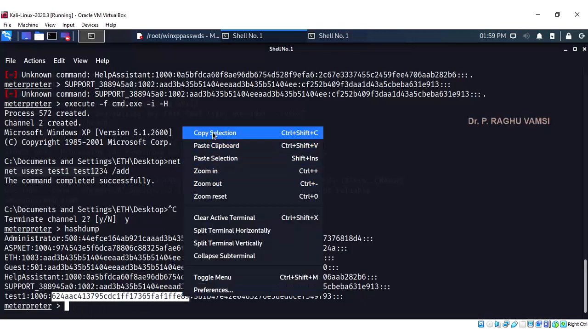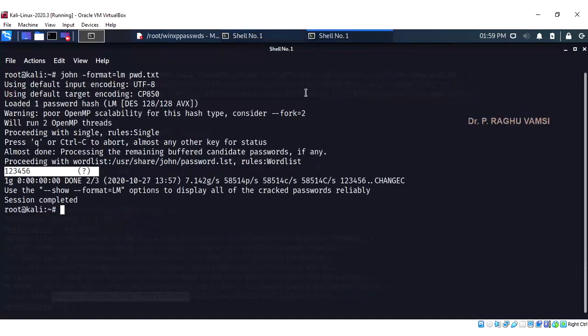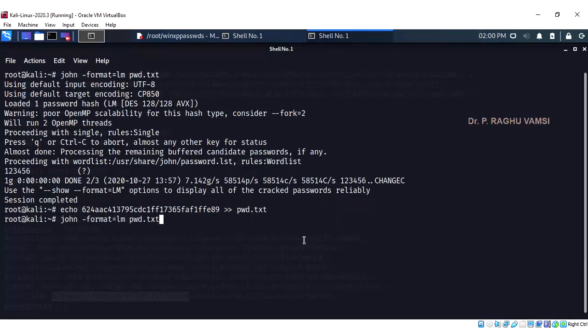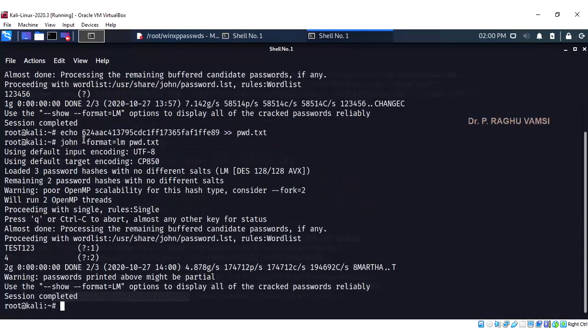Just copy this and go to this command prompt and echo, paste the selection. This you divert to pwd.txt. Now use John the Ripper. The password is test1234, right?